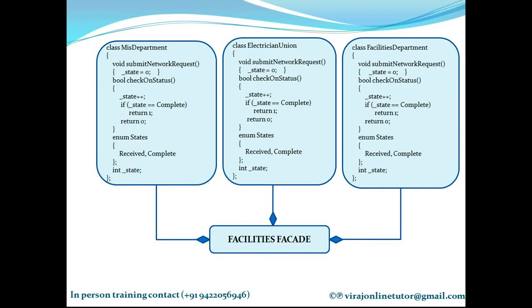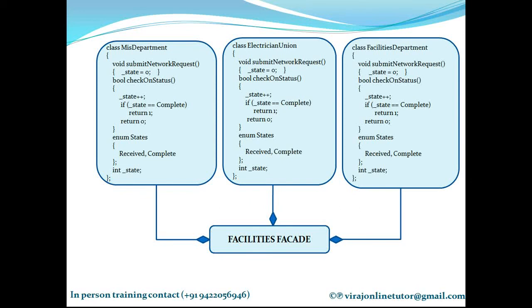So suppose we don't use the Facade design pattern, what will happen is we, that is the main function, have to communicate with each of these classes, have to bother about when each request is completed by which department, and after each department completes that work, whom to forward it to next. We have to first submit it to say engineer. Once engineer completes, then we have to submit it to electrician. Once he completes, we have to submit it to technician. Once technician completes, we have to tell the user we are done.